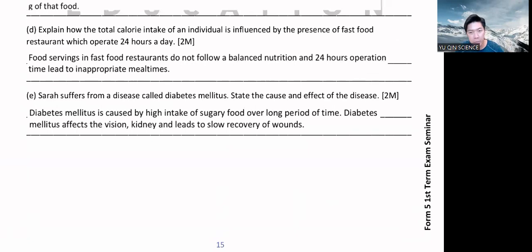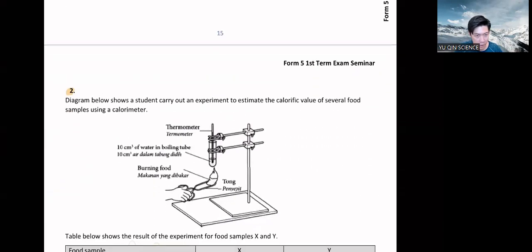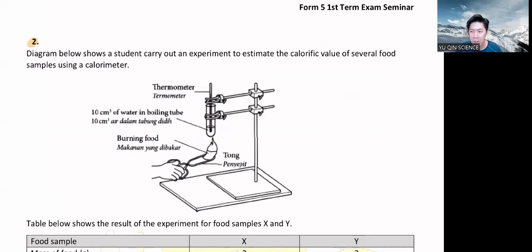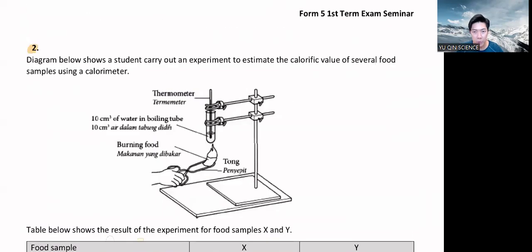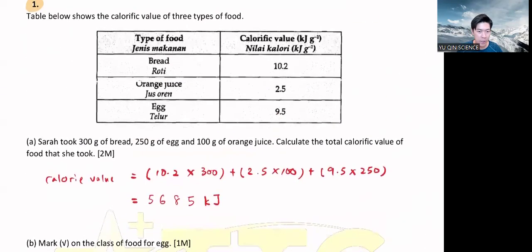Okay, again, I'll try to say these are basically answers from your short notes. It's achievable, it's doable. It's not like you don't know where to find the answer. It's possible. I want to encourage you to really spend more time on doing your exercises and work rather than just reading and getting distracted by many things in life. Okay, so number two, this is the calculation, the calorific value. So what's the difference between this and just now? This is just very general maths, nothing too crazy, nothing fancy.